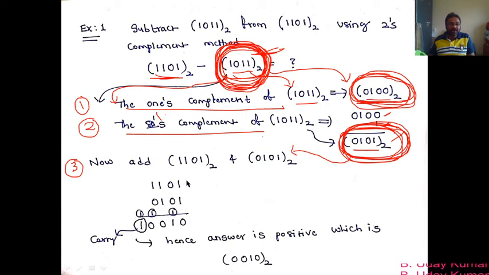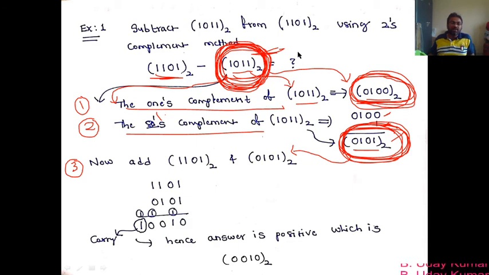So since we are getting a carry here, you already know what is carry and how do we find it, right? So remember, this number has 4 digits, this number has 3 digits. Out of 4 and 3, which is maximum? 4 is maximum, right? But the total answer is getting a binary number of 5 digits. That means the leftmost acts as carry now. So this acts as carry, that means the answer must be positive, so that you try to understand. That means you are subtracting a smaller number from a bigger number. If you subtract a smaller number from a bigger number, the answer must be positive, right?